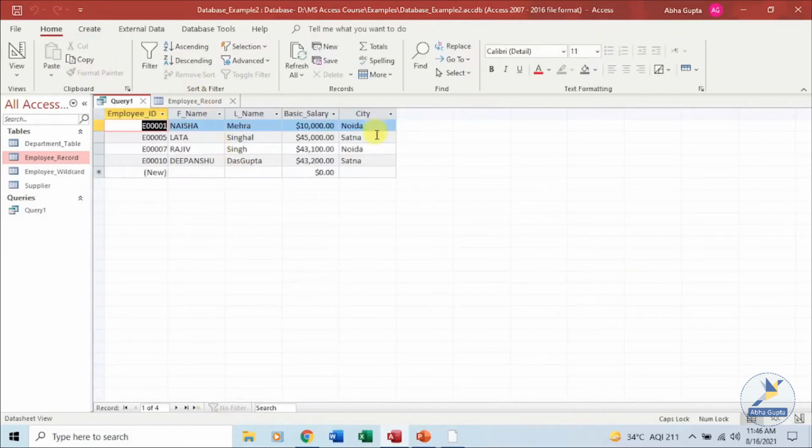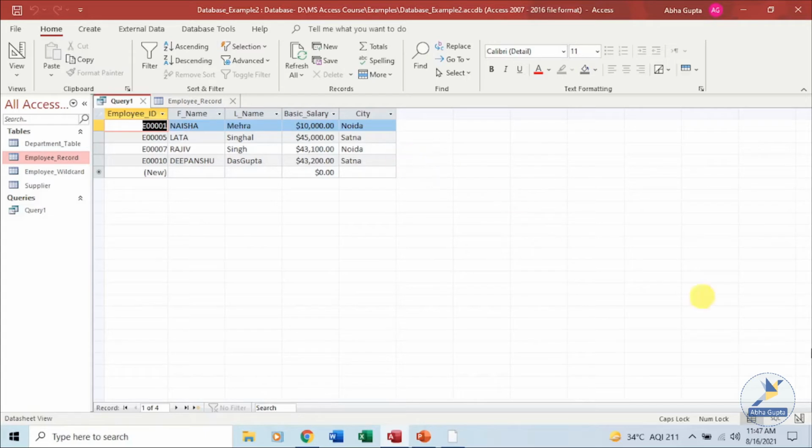Yes, there are records where the city is either Satna or Noida. Other records have been removed. The criteria for salary greater than 25,000 and less than 50,000 is already in place for basic salary. Plus for city we have specified two conditions, either Satna or Noida.